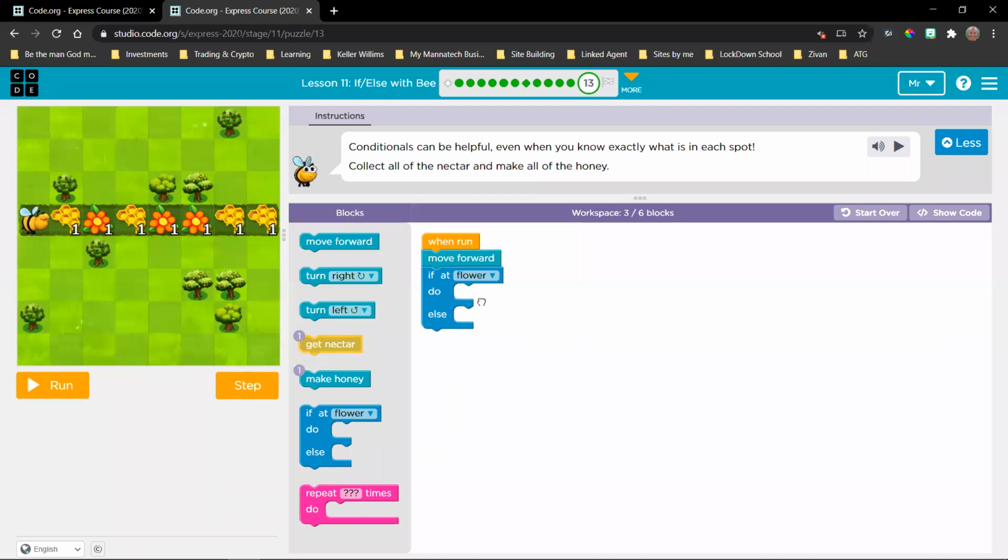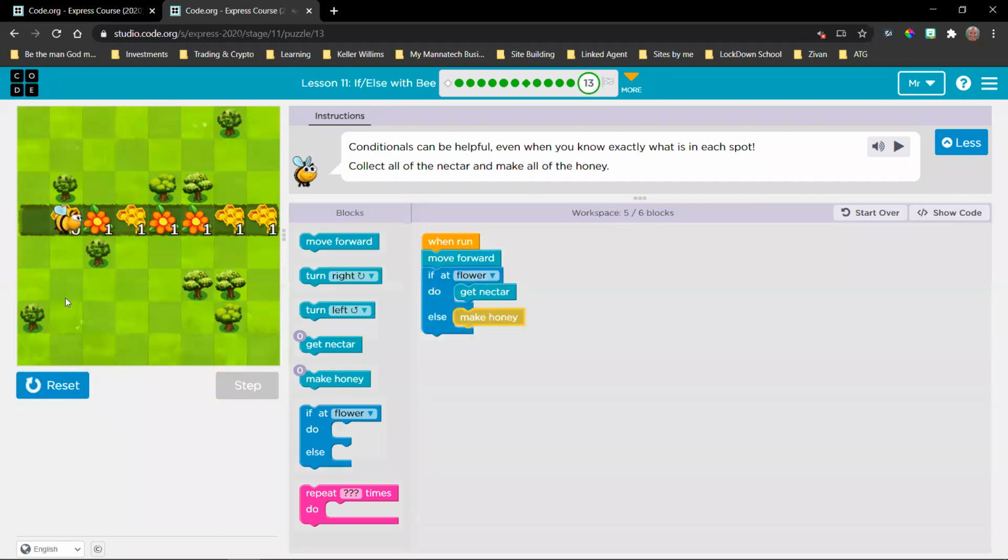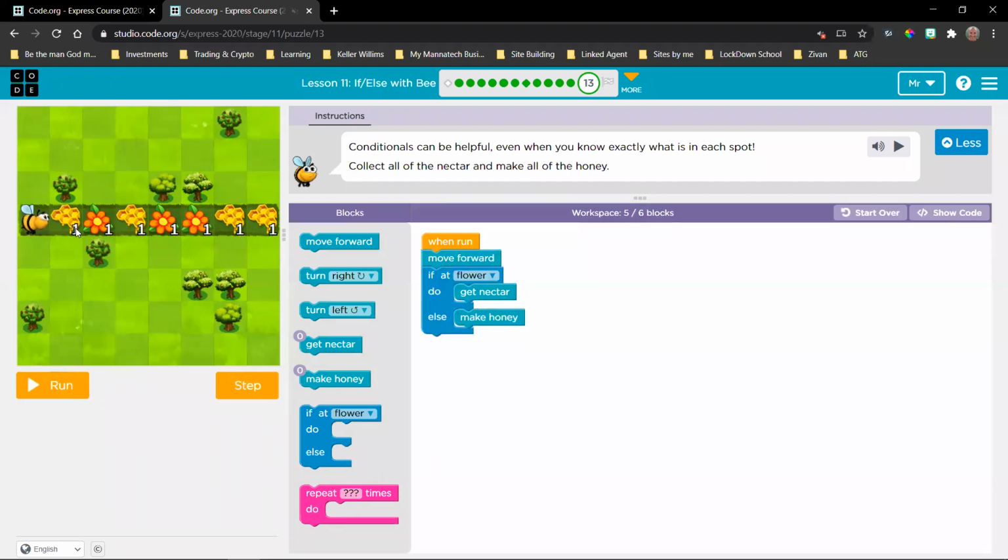So what we're saying is if you're at a flower, we want you to get nectar. If not, we want you to make honey, because we know we only have one of two options, either get nectar or make honey, right? Now, when we run it, we see, oh, beautiful, it works for that first one. But we only have 6 blocks that we can use. We've already used 5. So we can't really do this again